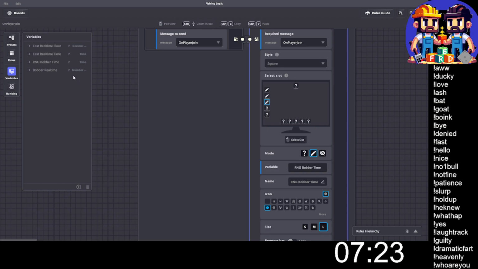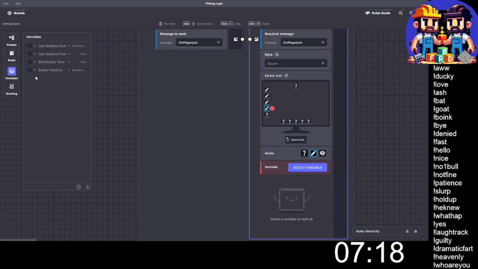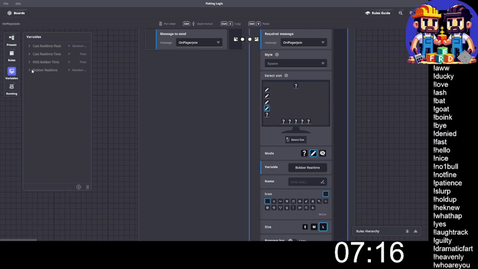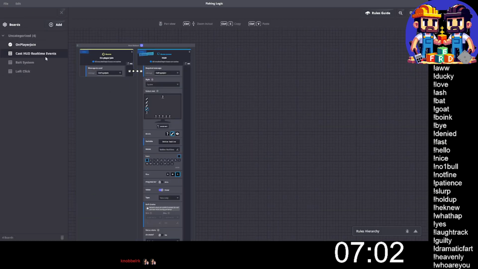RNG bobber time. Bobber real time. And then